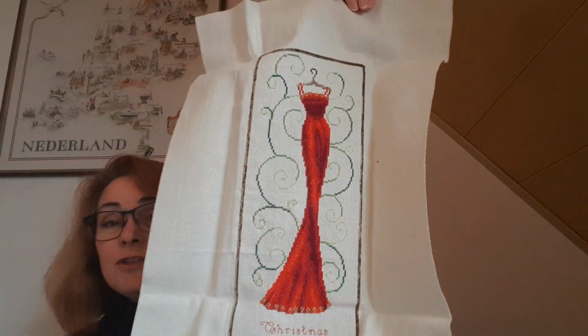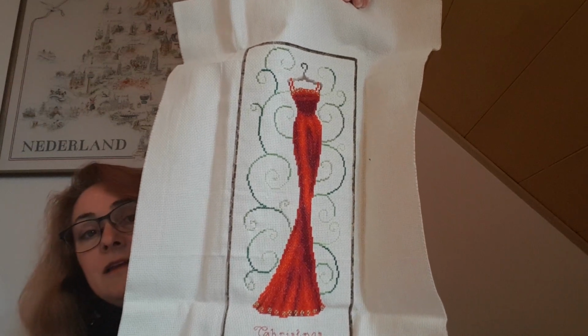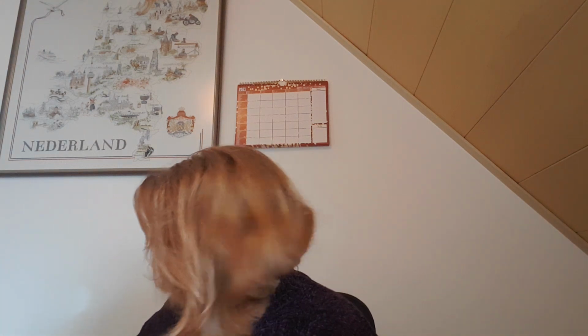Unfortunately, it's a very awkward size to frame, and I thought I would have lots of time to find a frame in the thrift stores. But then, of course, in March we went on lockdown, and that put an end to hunting for frames. That was 2020. Now, next year,